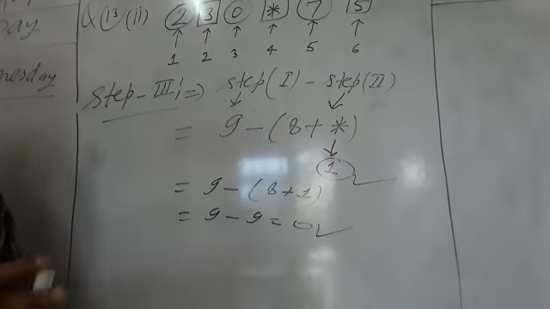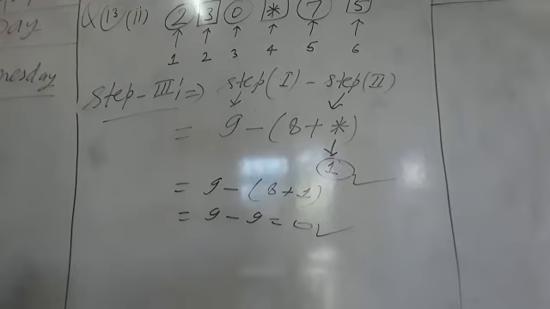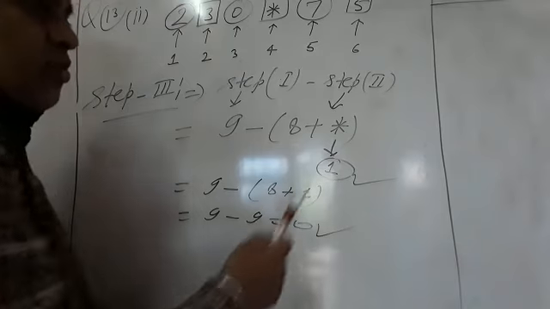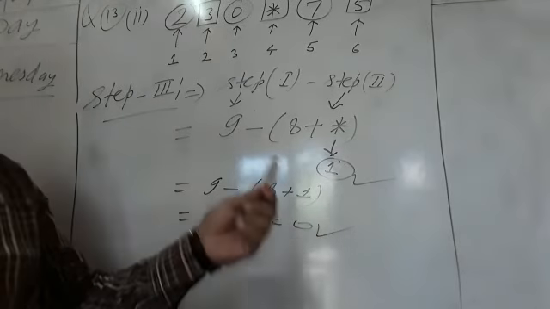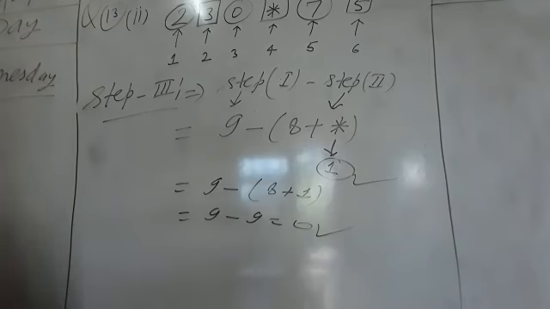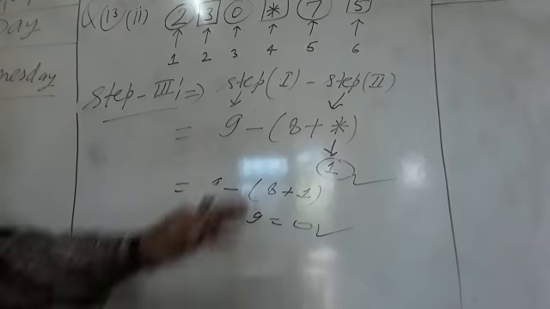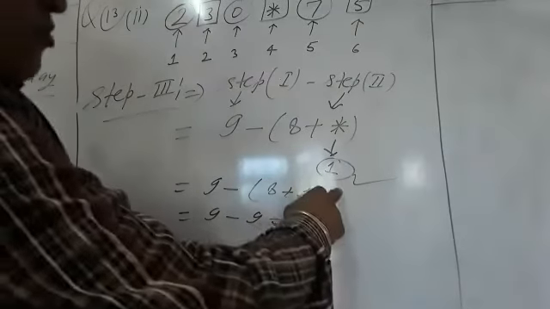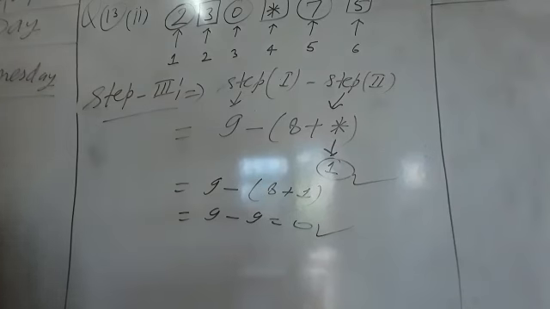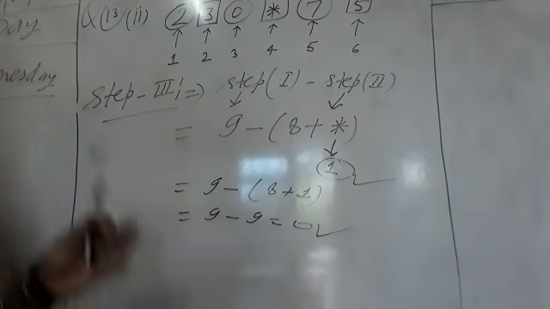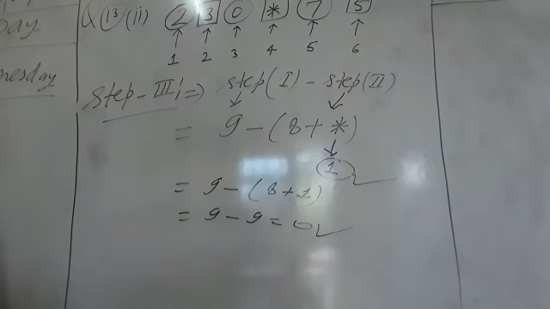I repeat again, the divisibility test by 7 and the divisibility test by 11 are most important. So you can easily understand this concept by following step 1, step 2 and step 3. Why do you put 1 here? Because if you put 0, 8 plus 0 is 8, 9 minus 8 is 1, and that is not divisible by 11. So you put another number, 1. 1 is the smallest number; when you replace star with 1, it is divisible by 11. Is it clear? So this is the mechanism of question number 13. You follow the mechanism and solve the rest of it.